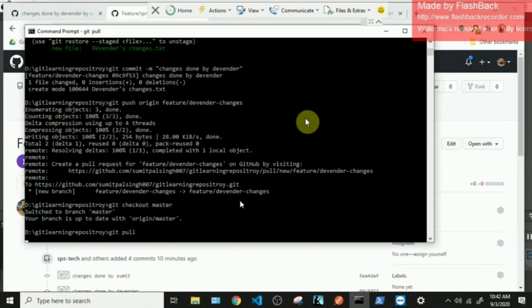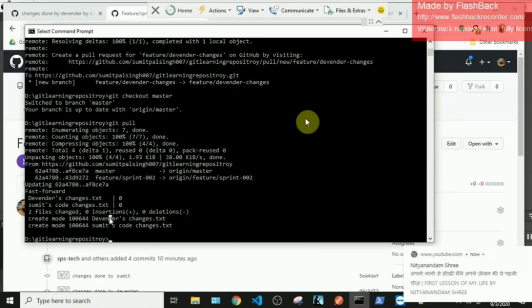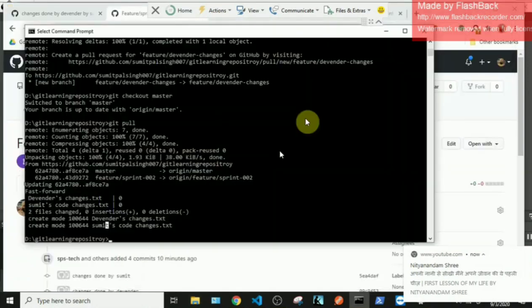So you can see Devinder's changes have also come into this branch, and Sumit's changes have also come. So this is a collaborative way of working using Git, where each developer creates his custom branch.